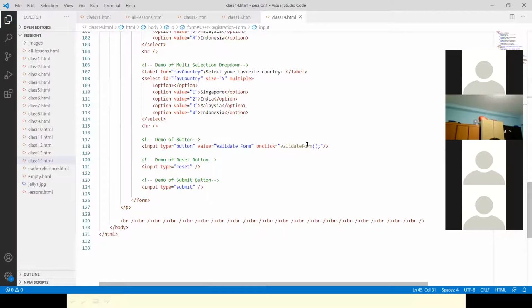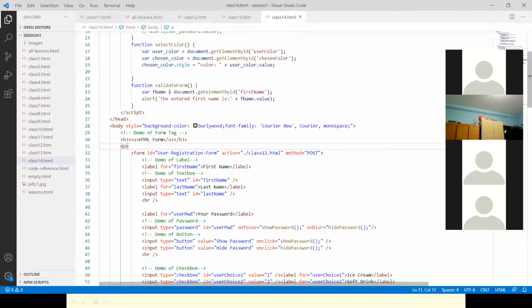So onclick, the value is there, and then it calls validateForm. It goes to validate. You see here, I see an error. It seems not to be working. So let me change what is the right one.